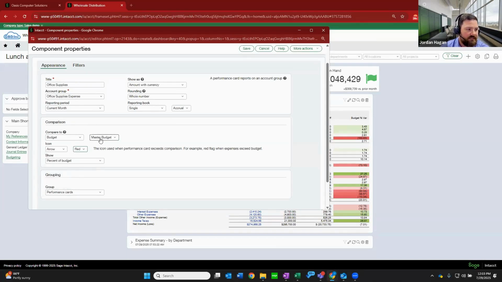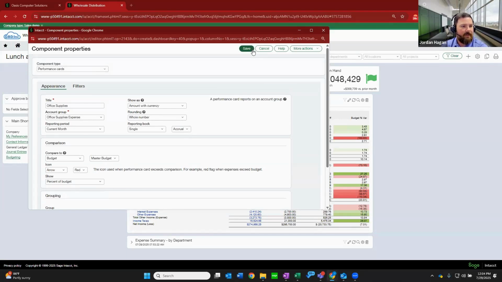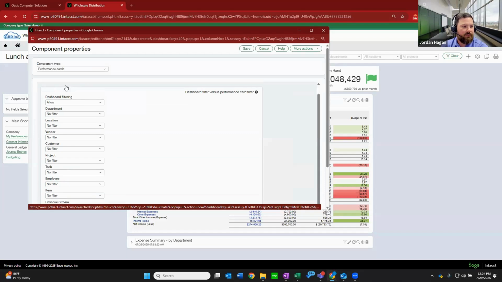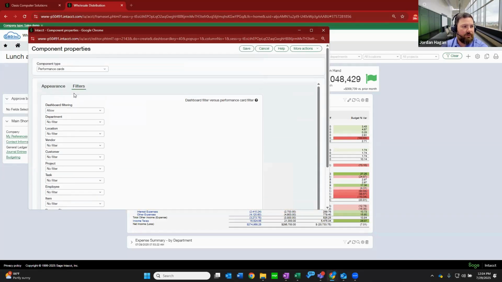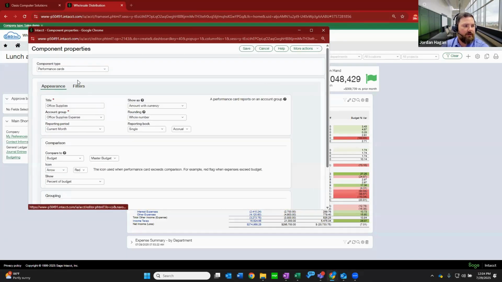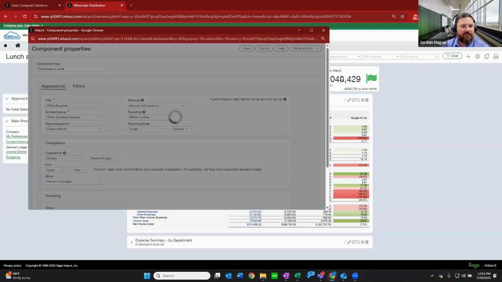There's some verbiage here: when it exceeds the budget, it's going to red flag it. And you can show a budget difference or percent of the budget. I'm just going to leave it as percent of the budget right now. And then there are also filtering options if you needed to filter for whatever reason, strictly on this performance card. But I'm going to go ahead and save that